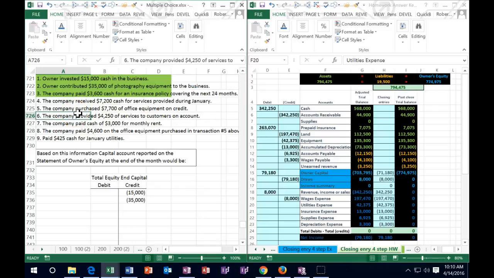Next one, the company received $7,200 cash for services provided during January. So is cash affected? Yeah, we received it. Keyword, received cash. And so it's going to go up. So we're going to debit cash. Cash is a debit balance. We're going to make it go up by doing the same thing, which is another debit. Then we're going to have to credit something. And the question is, did we do the work today? That's when we would earn revenue. And the answer is, yeah,